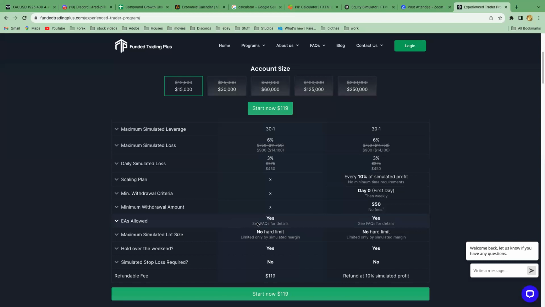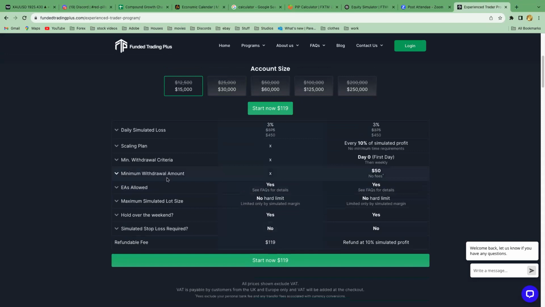Minimum withdrawal. So this one says $50, but this one I don't believe there is. I think you can withdraw pretty much everything on this account at the time. Yeah, so you haven't got a problem, but you can't withdraw anything below the starting balance. Let's not have anybody in here saying, can I withdraw 50K or 100K? No, you can withdraw whatever your profits are, but they will warn you against that as well, because when you have your live account, they're trying to tell you you need to build a drawdown buffer. Once you get over a certain percentage, they will now cap your drawdown, basically. And your drawdown won't keep trailing you.